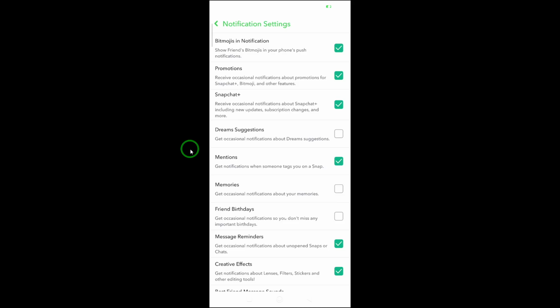Inside the notifications menu, you'll see a list of different notification types. Look for the option labeled Mentions. Once you find it, simply tap the checkbox next to it to uncheck